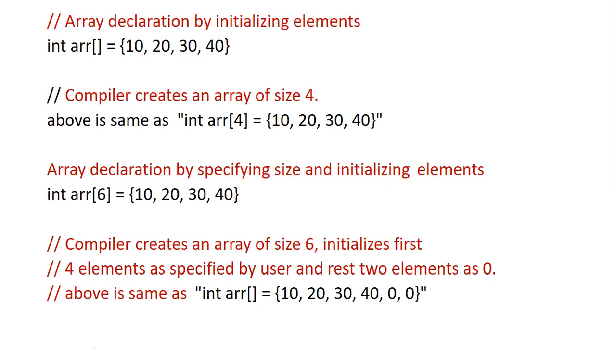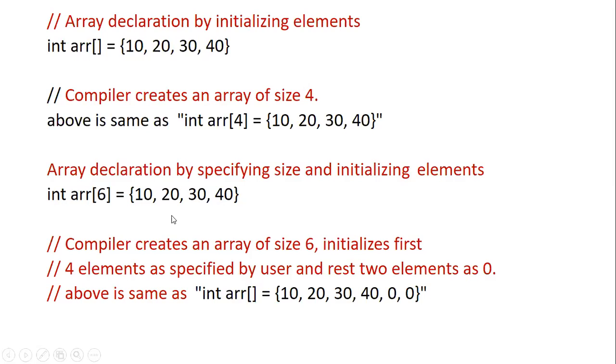Here is an example of how you can initialize the elements. The first type is without declaring its size. Here we didn't declare any size. We just wrote int ARR equal to 10, 20, 30, 40. So here the size of the array is 4, as we have not declared the size of the array, but we have entered the elements which will be there in that array. Now another example is declaring its size. Int ARR of 4. Here we have declared the size of the array as 4 and inserted 4 elements.